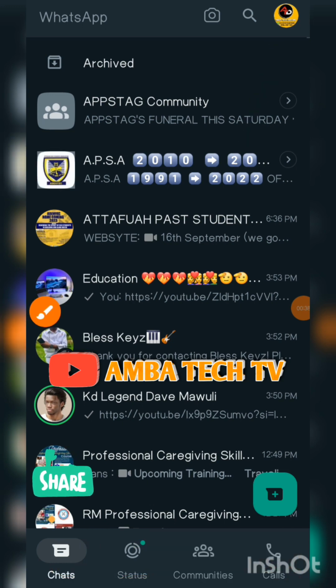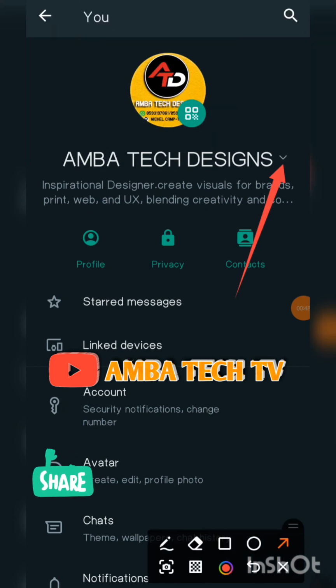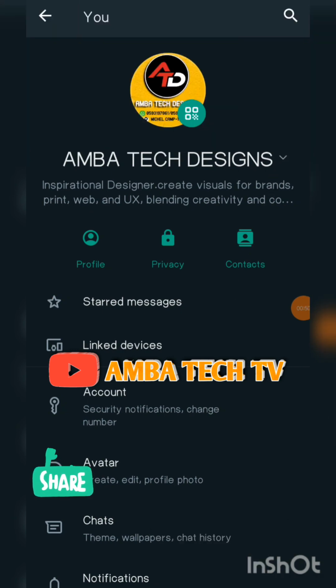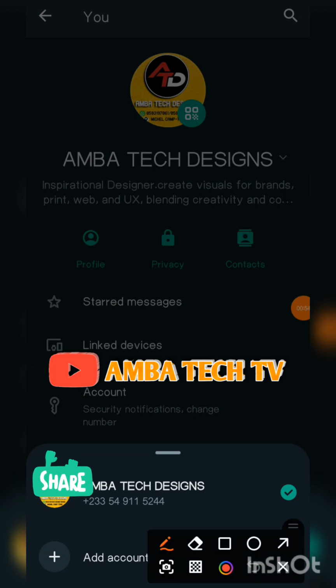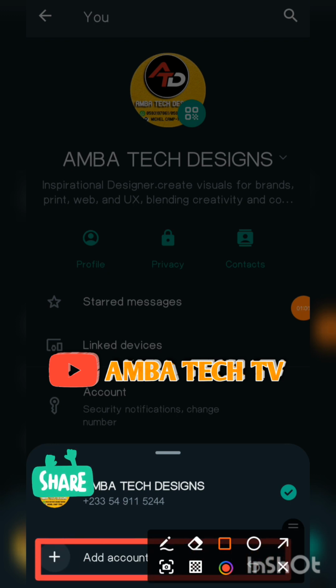First of all, tap on your profile. Once you tap on your profile, it will come here. Locate the small arrow and tap on it. When you tap it, you will see the option to add account. When you tap on the add account, it will go to